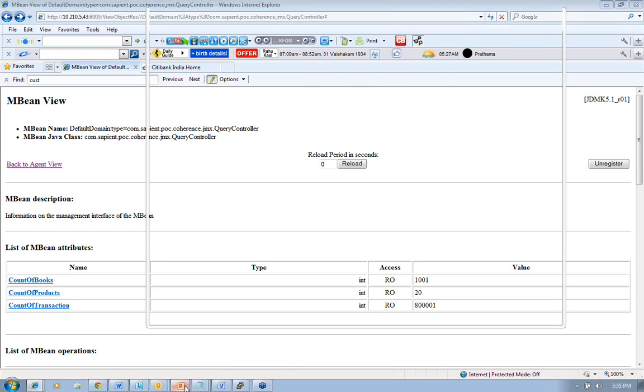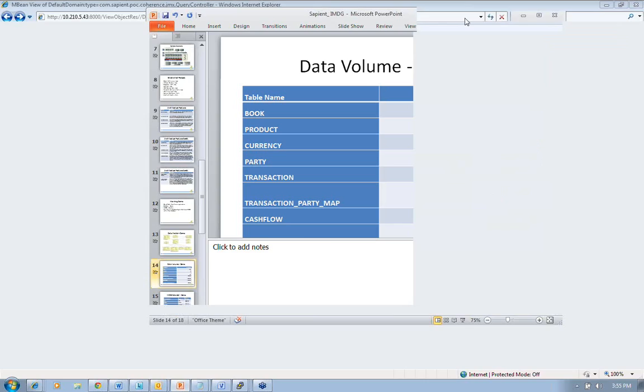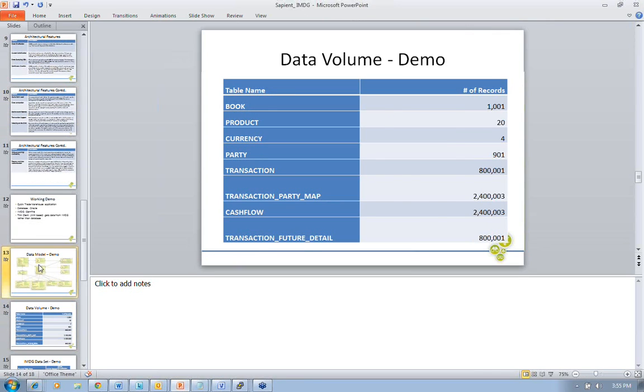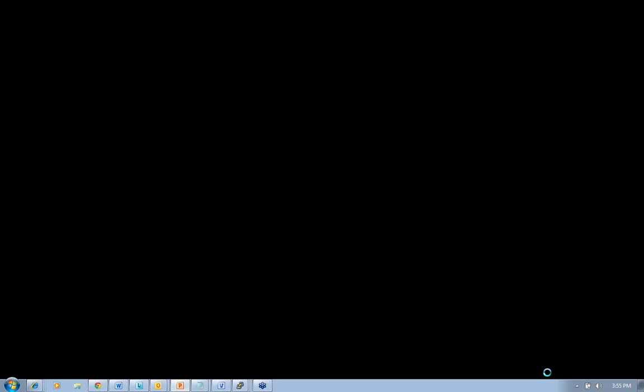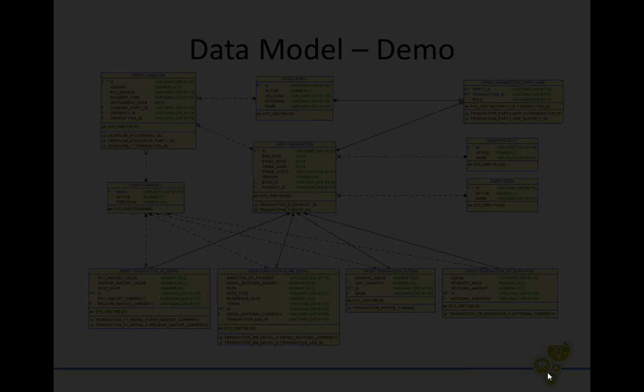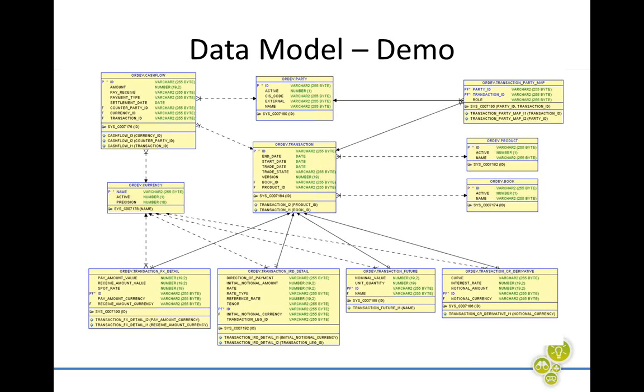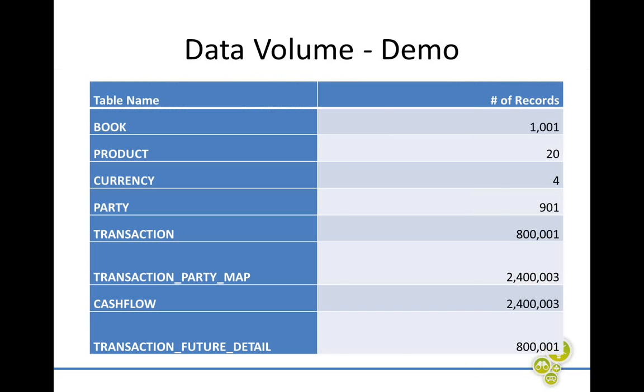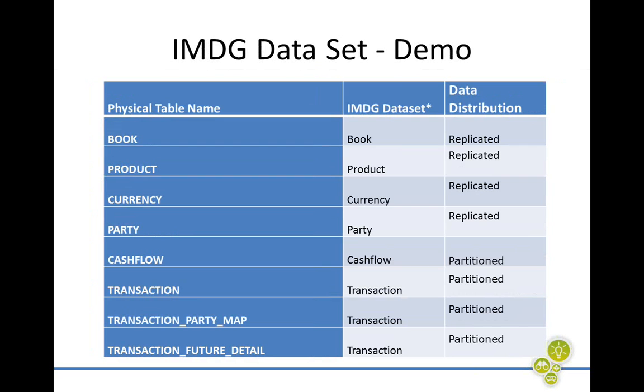So what I showed you was a data model, which is a cut short version of a trade warehouse. We had a good amount of data set in terms of volume, and we decided on how we want our objects to be in place. Should we group certain tables into one object itself, because it makes logical sense.